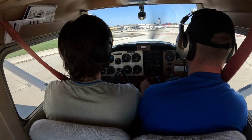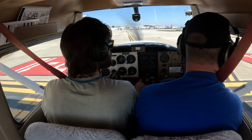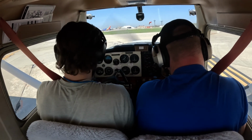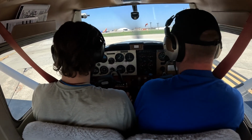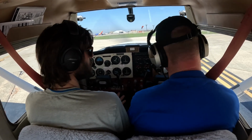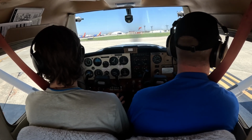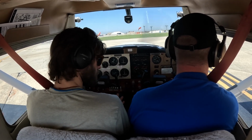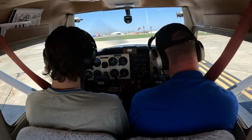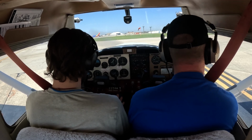Stop and clean up the flaps here, or clean up, you already did. Milwaukee ground, 757 Lima Golf, off of 19 right at Kilo, would like to taxi back to Signature. 7 Lima Golf, you're still on tower. Sorry about that. Milwaukee ground, 757 Lima Golf, off of 19 right at Kilo, would like to taxi back to Signature. Cross runway 19 right at Kilo on 7 left. Cross 19 right at Kilo. 757 Lima Golf, Milwaukee ground, taxi to the ramp via Echo, Zulu, Foxtrot, cross runway 31, cross runway 25 right. Echo, Zulu, Foxtrot, cross 31 and 25 right, 7